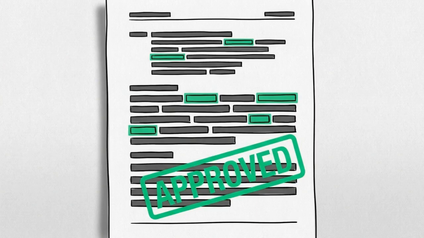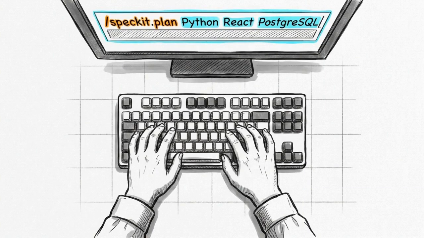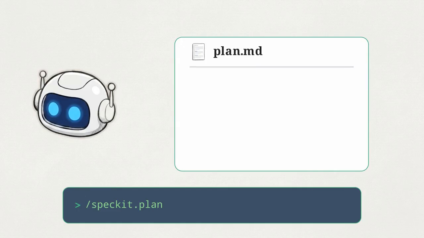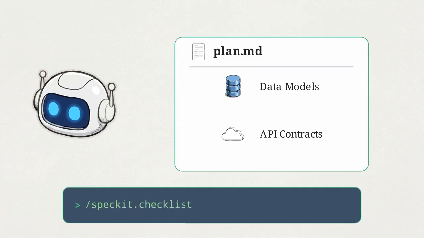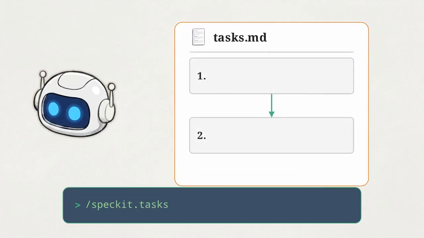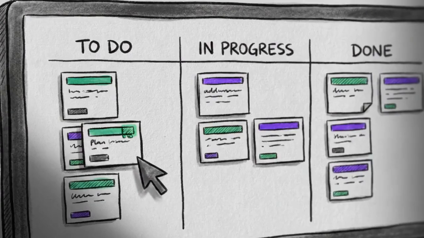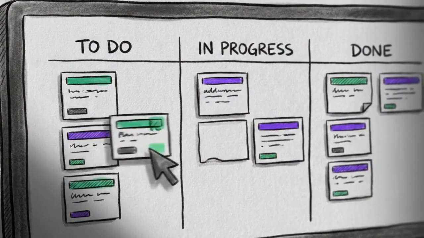This step prevents the agent from guessing your requirements, ensuring the business logic is fully defined before any technical work begins. Now that the requirements are verified, invoke the /speckit.plan command and provide your preferred technology stack. The agent translates requirements into a technical design, mapping out data models and API contracts. Chaining /speckit.checklist and /speckit.tasks organizes this architecture into a dependent sequence, placing foundational database schemas strictly before the UI components that rely on them. The agent uses this task list as a roadmap, ensuring it builds the system in a